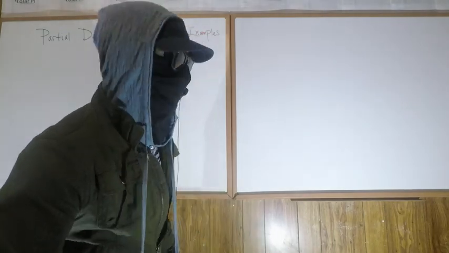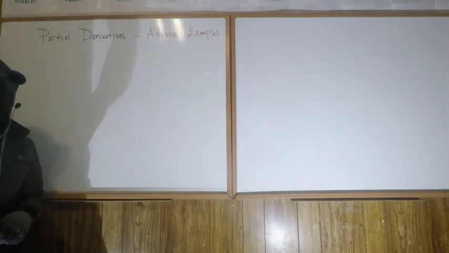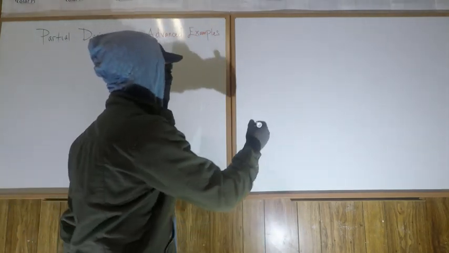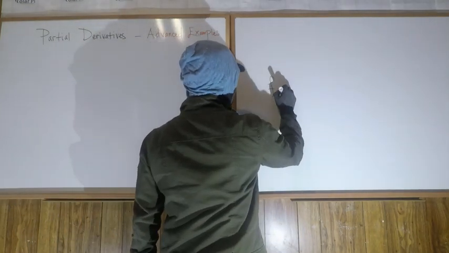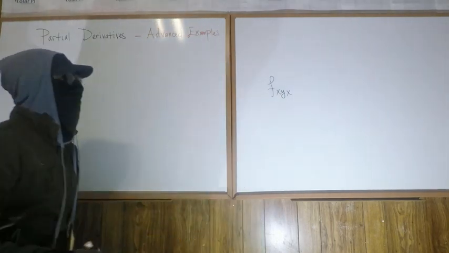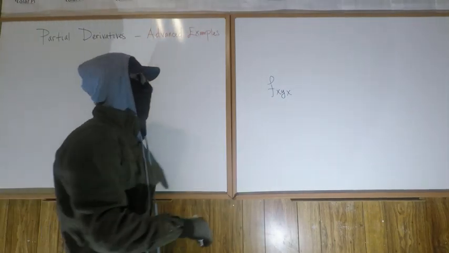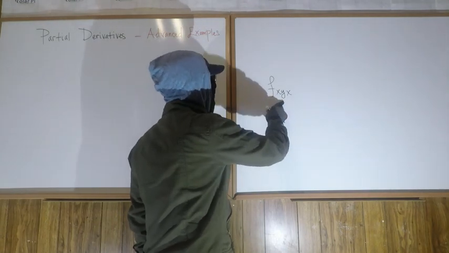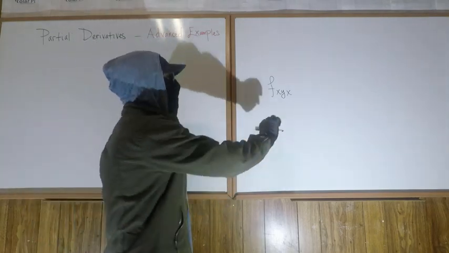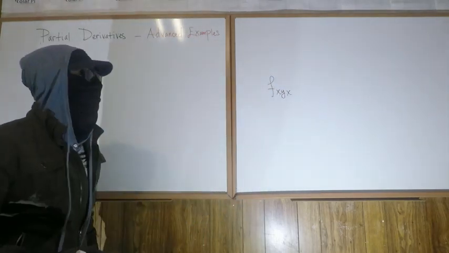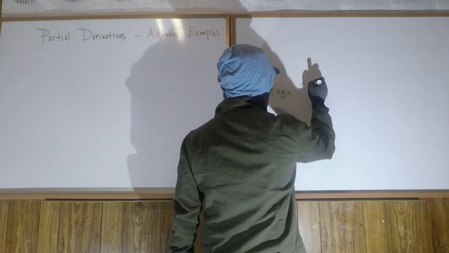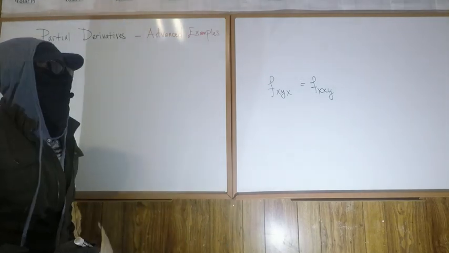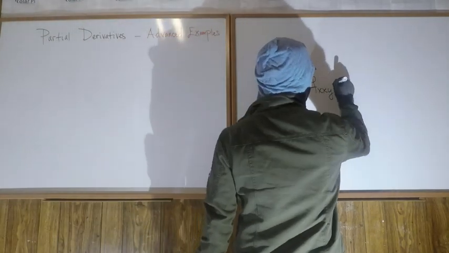Okay, cool. Really quickly, let's recall what Clairaut's theorem, or the extension of it, said for mixed partials. It essentially said that if you have, say, f_xyx, so that's three partial derivatives in a row. First with respect to x, and then you take that result and do the partial with respect to y, and then you take that result at that point and take the partial with respect to x to conclude. And what we said is this, for example, is equal to f_xxy, and in turn equal to